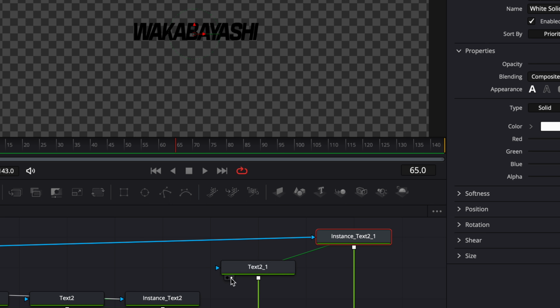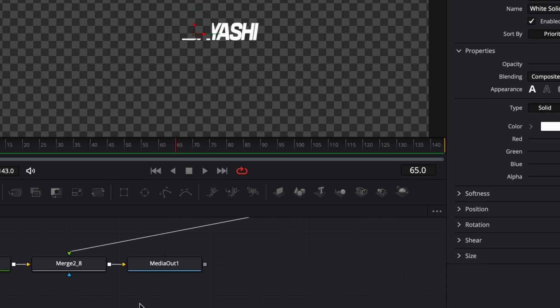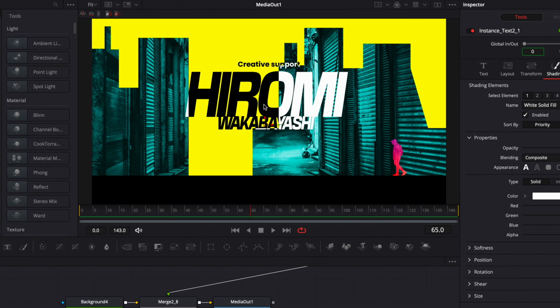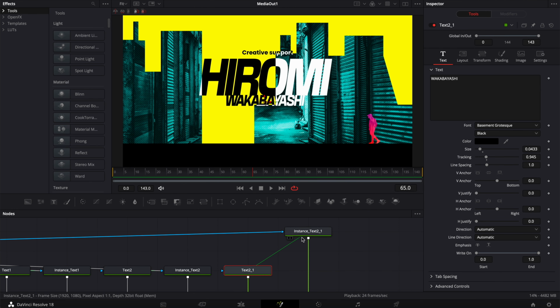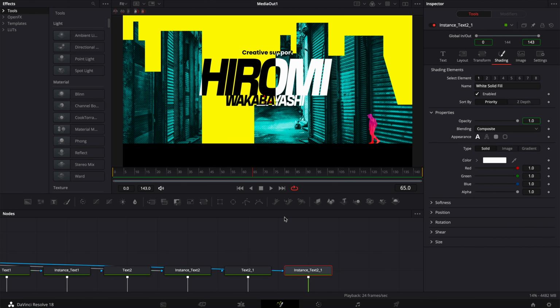So that means in that case that it's gonna be black because we still have some black outside of that mask, okay? And what is inside the mask is gonna be white. That's what allows us to create that effect where the outside of the mask is black and the inside of the mask is white. I hope that's clarified things. It's a bit tricky to explain, but I hope that makes sense.